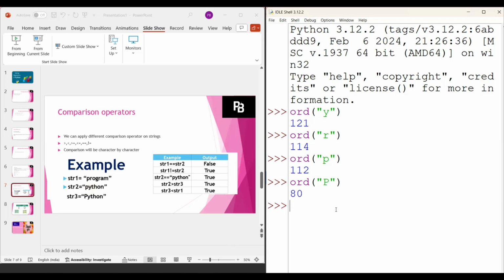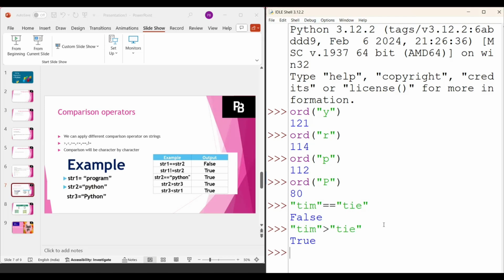Take one more example, a very simple example. If I compare Tim equal to Tie, this is false because you see the first two values, T and T, are the same, I and I the same, but M and E are not the same. In the same example, if I write Tim is greater than Tie, in that case it is true. Why? Because the M value is greater than the E value. That's why it is greater than Tie.